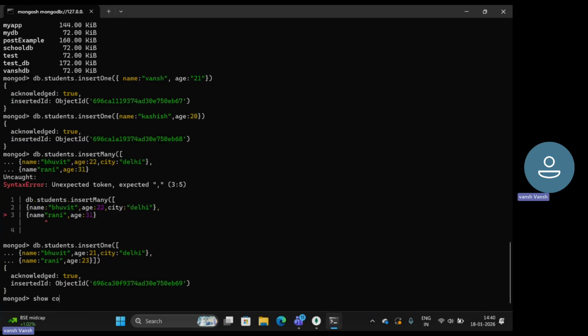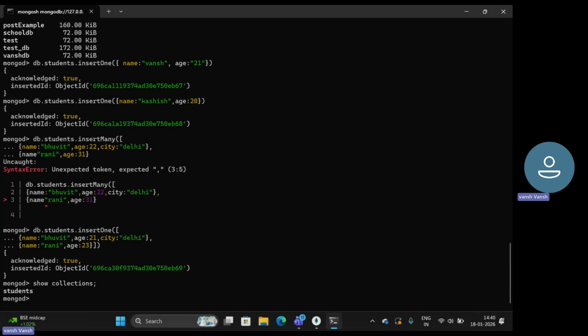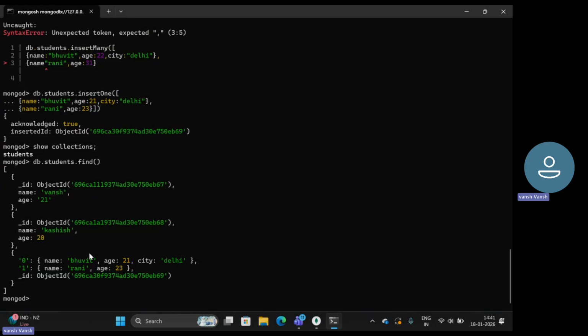So show collections, and now I want to see the data from inside it, right? So not show tables, I have to use db.students.find. I guess this is the command to check it. Let's check. Yes. If we use db.students.find, then it shows me all the